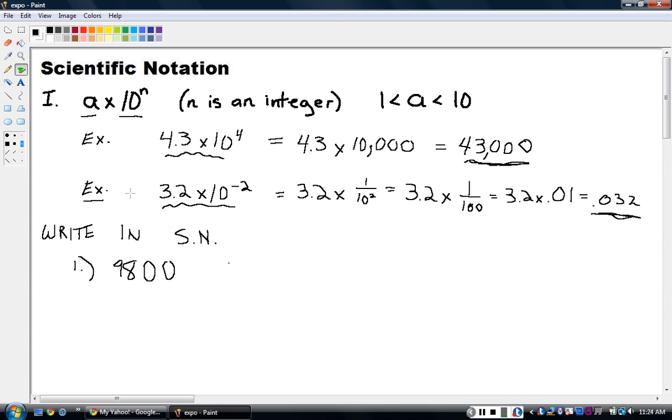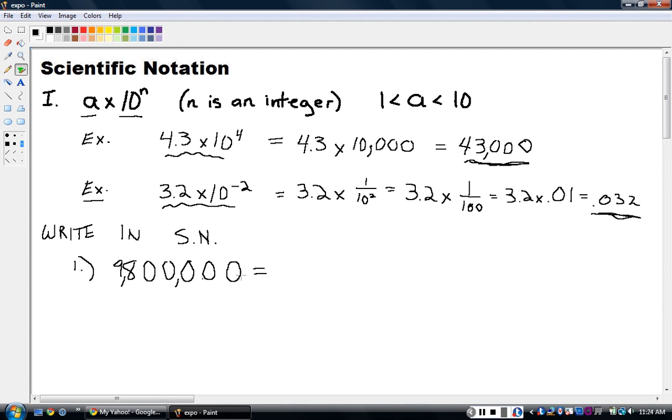One more try. 98. Okay, so it's 9,800,000. Alright? So we got to write in scientific notation. It has to be in this form, this A times 10 to the n. So my first number has to be between 1 and 10. Okay, so you look at your numbers, you got